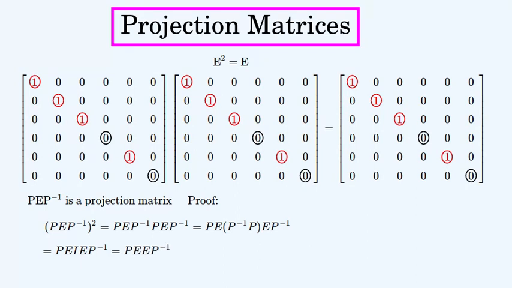Then the identity will multiply by one of the projection matrices to the right or left to give us this expression. And these two projection matrices will multiply together to give us this expression. Finally, because E squared is equal to E by the property of projection matrices, then we'll get this expression, thus completing the proof. So any projection matrix conjugated by a change of basis matrix will be a